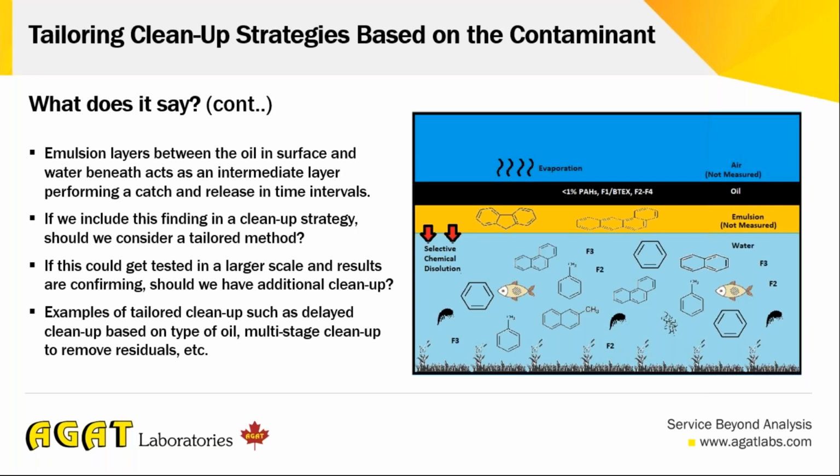And the only place that these chemicals, those PAHs, showing a decreasing trend after an increasing trend, let's say F1, F4, BTEX, whatever else, might be going is the emulsion layer where they belong, because the bottom layer, wherever here, we collected and we tested. What we haven't tested was the emulsion layer. That might be the layer where we should expect this reassociation of those chemicals back to a certain layer of oil. Let's call it the emulsion layer.